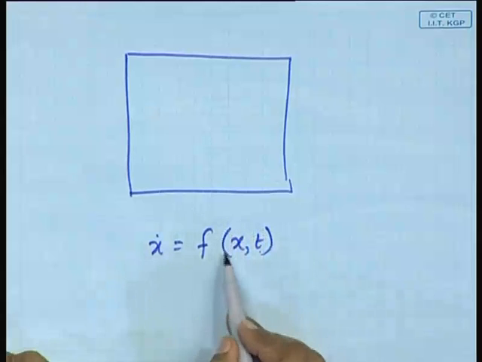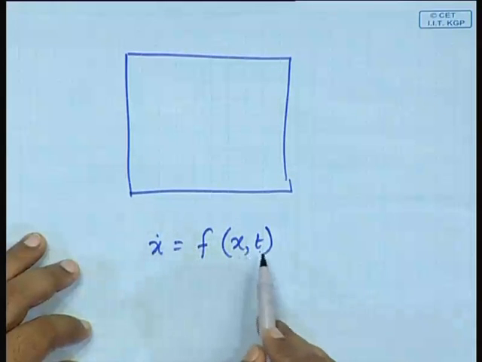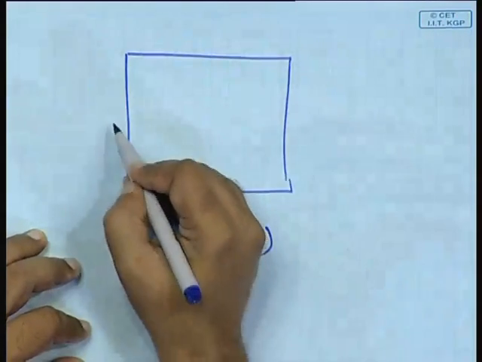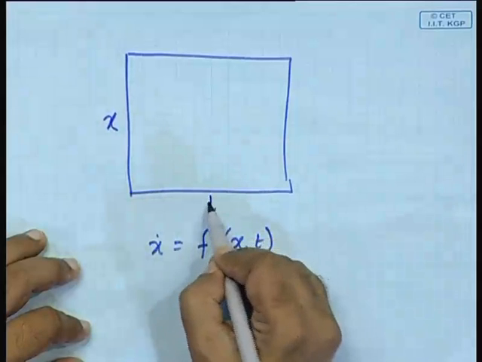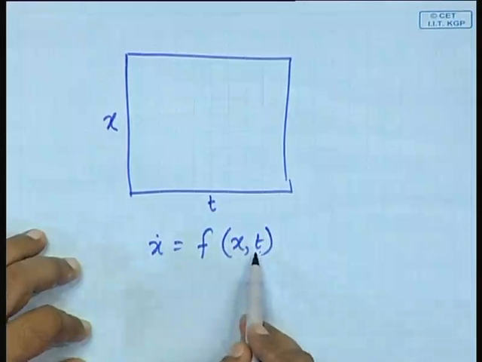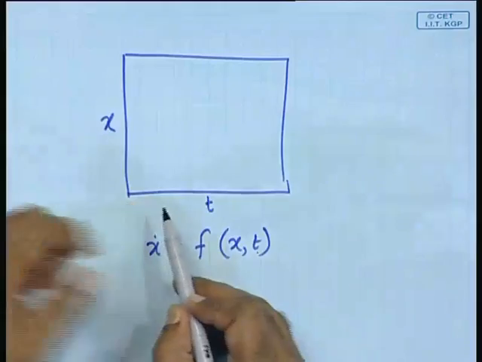Then the function depends on both x and t. Therefore, you can imagine the state space comprising of x and t, and this t variable is actually repetitive. Why? Because the external forcing comes back to the same state after some time. Okay. So, this t variable is repetitive,